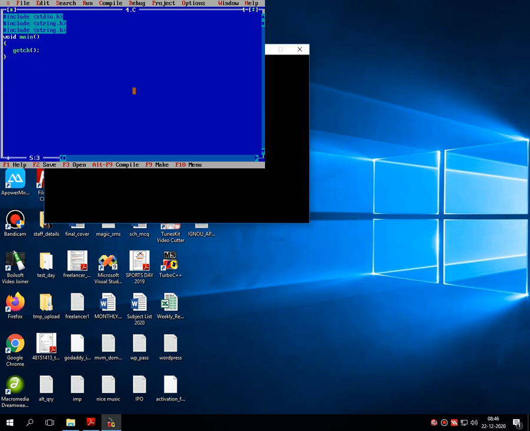and first here I am declaring integer a into the bracket 10, my first character array.